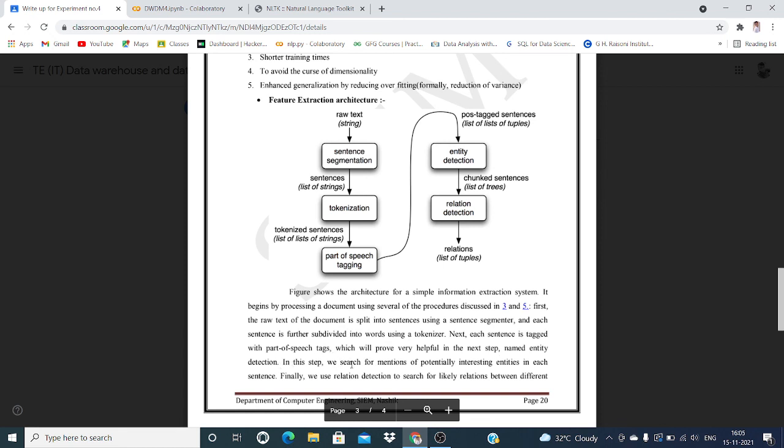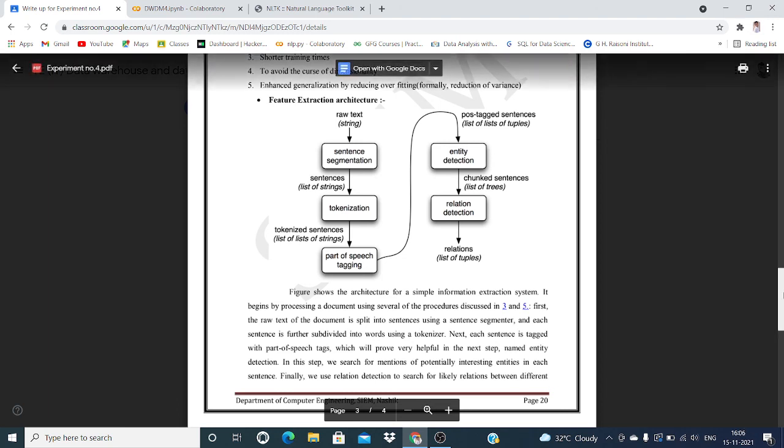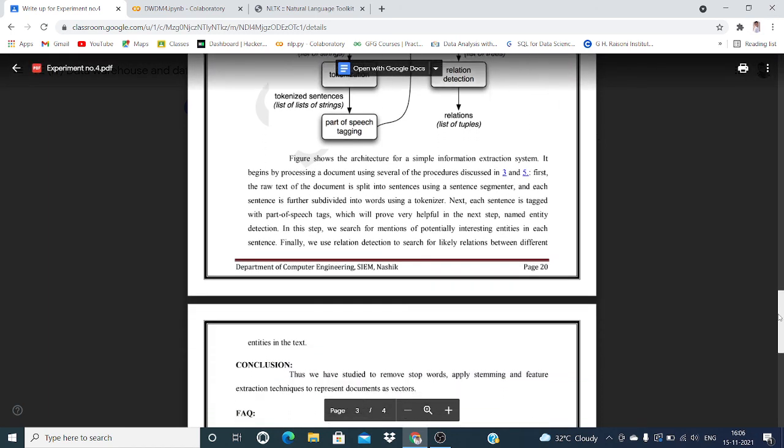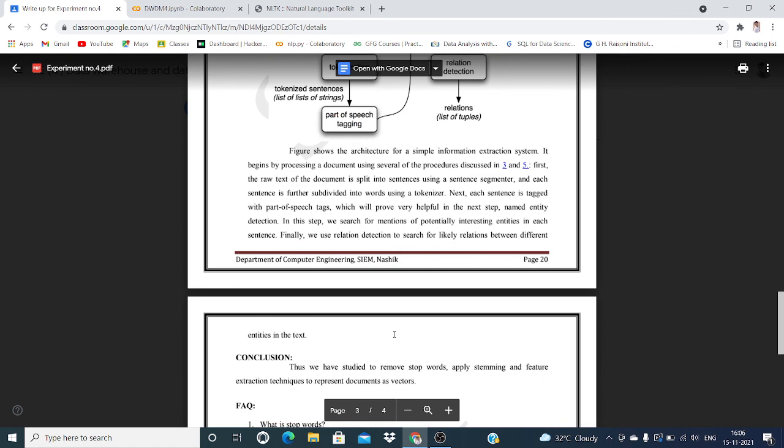In this step, we search for mentions of potentially interesting entities in each sentence. Finally, we use relation detection to search for likely relations between different entities in the text. Now we can see here relations, a list of tuples.